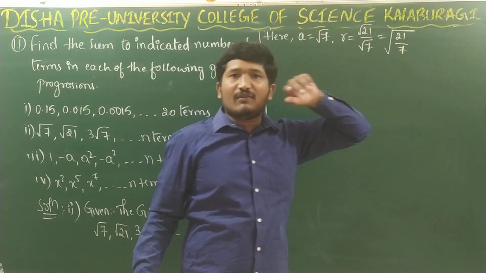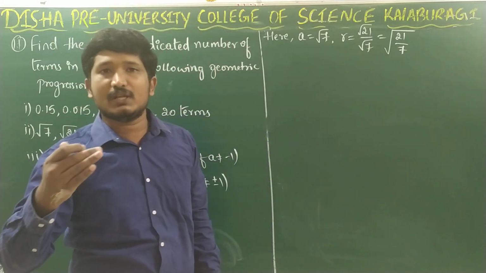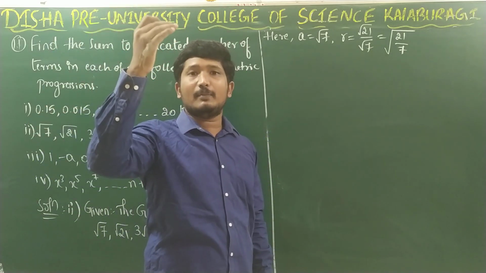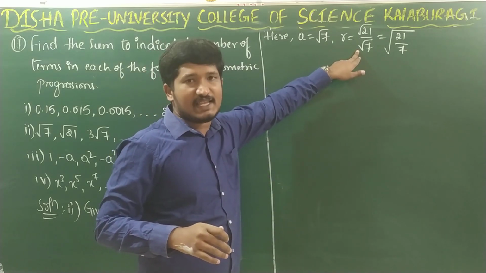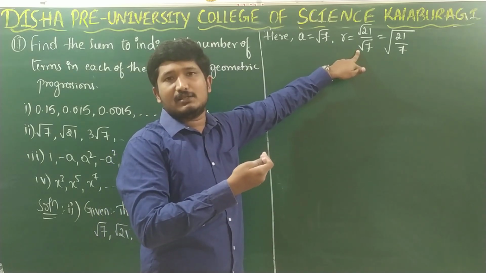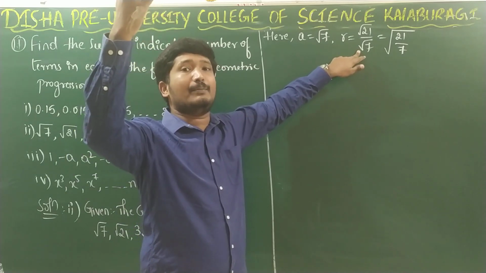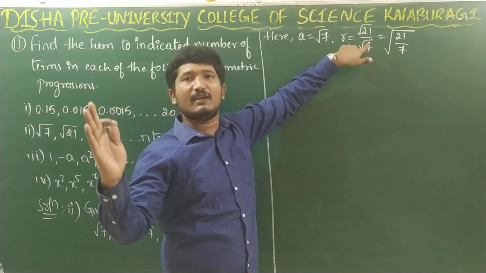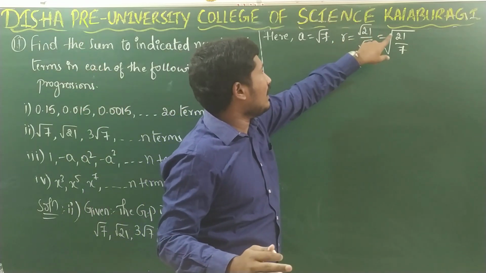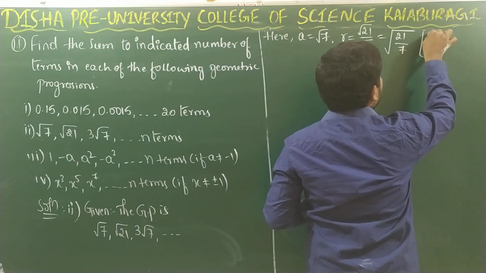Square root of 21 is nothing but 21 power 1 by 2. Square root is nothing but the power will be 1 by 2. So in the denominator also the power is the same. So apply laws of indices: (A by B) whole power m is equal to A power m divided by B power m. We are given the RHS part here; I am writing it as the LHS part. Like this.